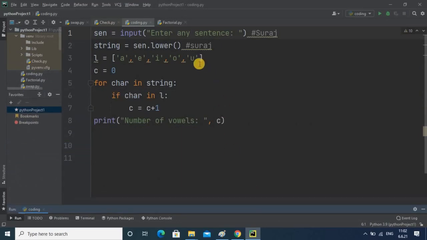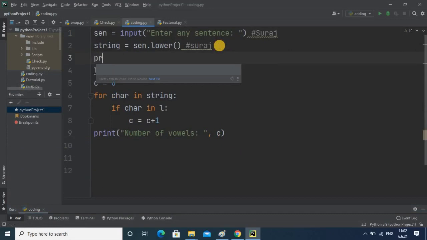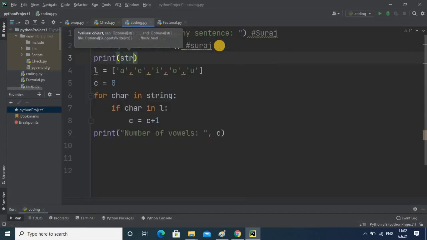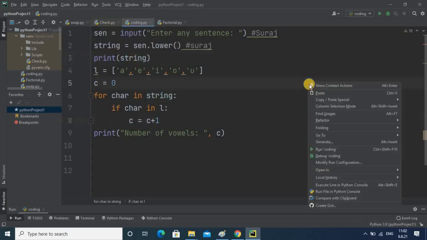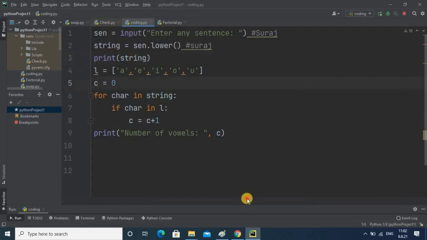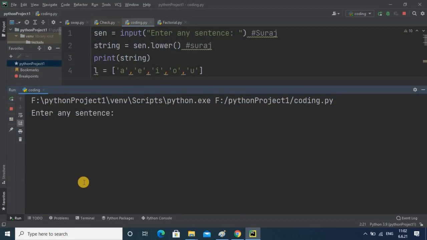I am doing some modification: I can also print this string value for your better understanding. Now we check the output. It converts into lowercase and the number of vowels is 2.